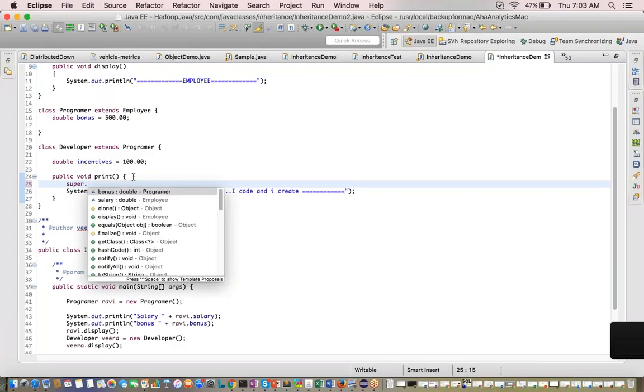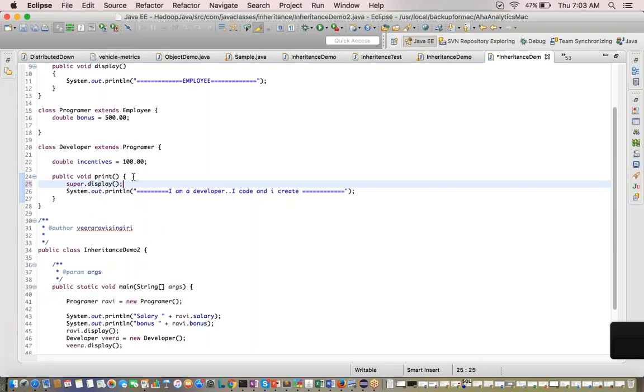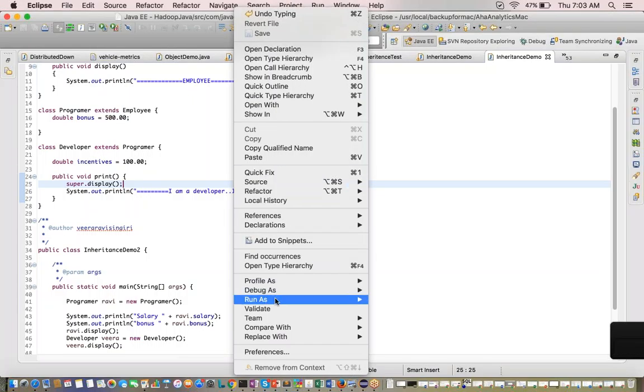You can go ahead and call super dot display. Super represents your parent object. Super always represents your parent object. We will see super and this in detail in coming classes. Just remember, super will represent your parent and this will represent your current class or current object. We'll talk about this and super at a later point of time. First time we just try to understand here. So now I'm going to execute this